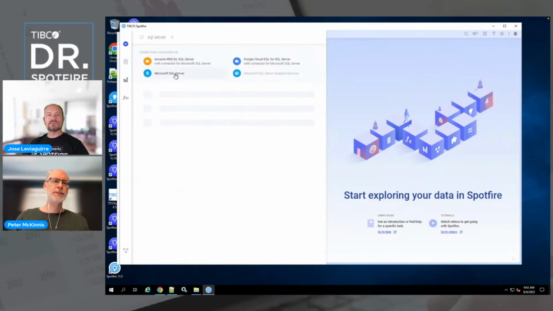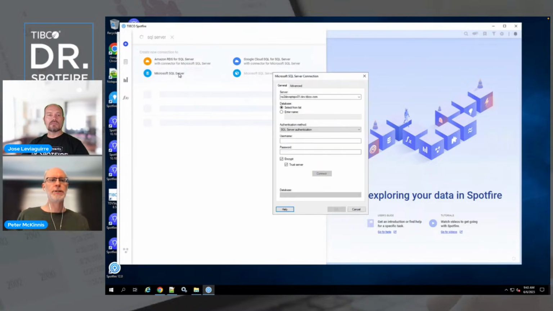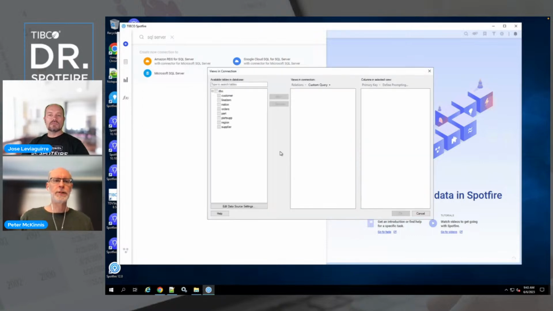So in this case, this is how I like to usually get to it. And rather than scroll through the list, I just type what I need up here. And I've connected to this data source before. Okay, so I'm just going to bring up a quick